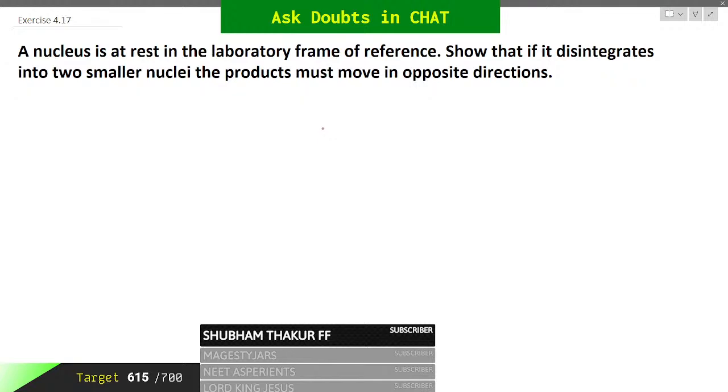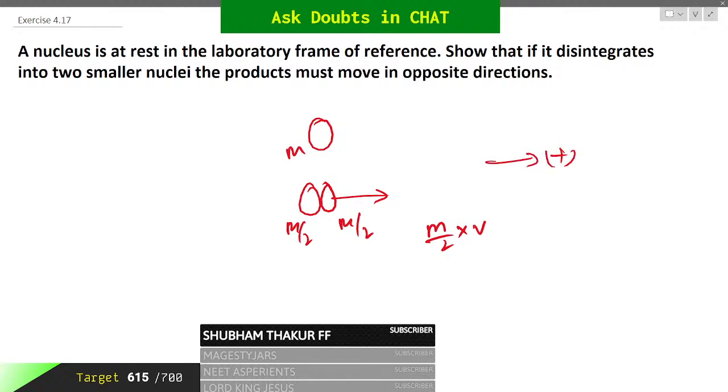Like this, if this is the body and it has disintegrated into two bodies, the initial mass was m and it disintegrated into m by 2 and m by 2. If one of the masses is moving in this direction, it would gain a momentum of m by 2 times v, assuming this is the positive direction, and this would be the negative direction. In order to conserve the momentum, the nucleus was at rest, so the initial momentum was m times 0, that is 0